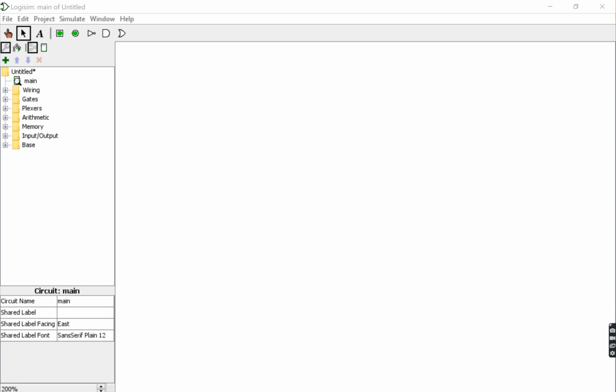Hello, in this video we're going to explain how to navigate Logisim and use it to simulate the basic logic gates as a start. First of all, let's explain the areas and the buttons or the toolbar, etc. that is necessary before we begin. So first of all, we have here